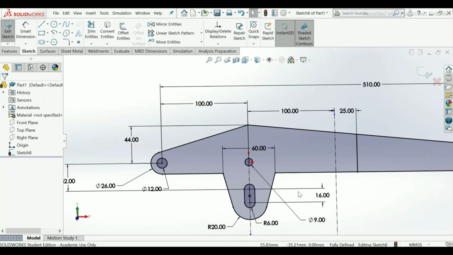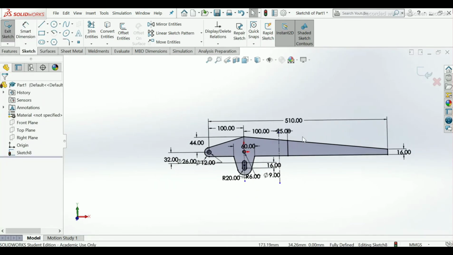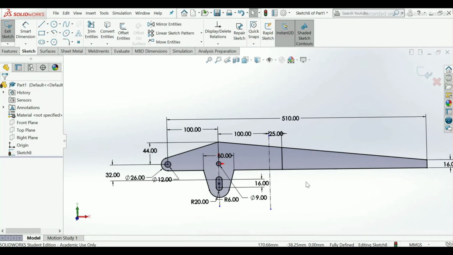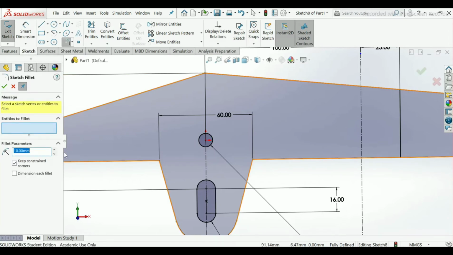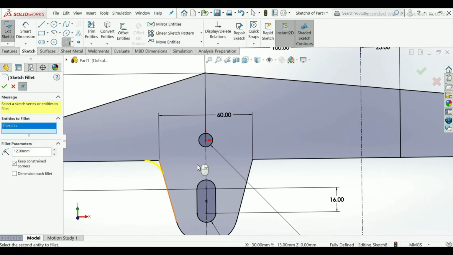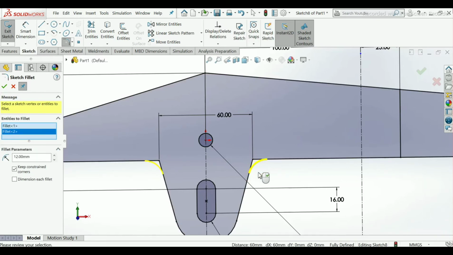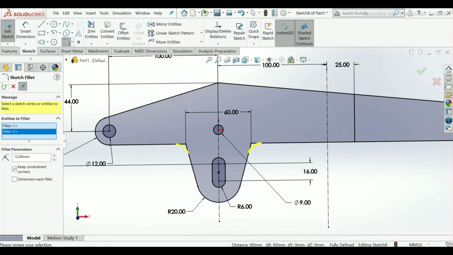Okay, so now our sketch is fully completed. You can give here fillet also by using sketch fillet. Go to sketch, fillet, make a 12 mm radius, select this point and this point. Okay.